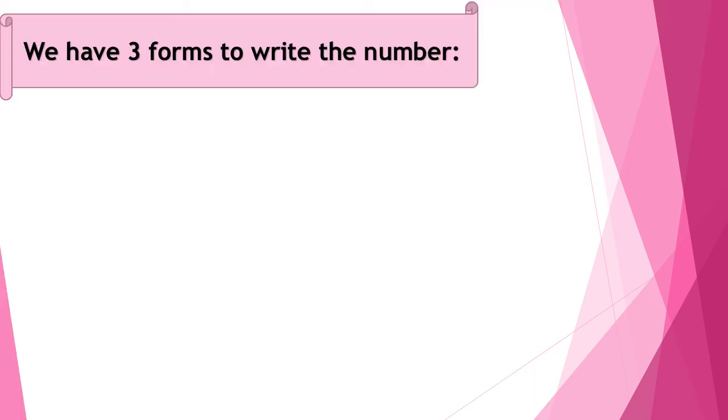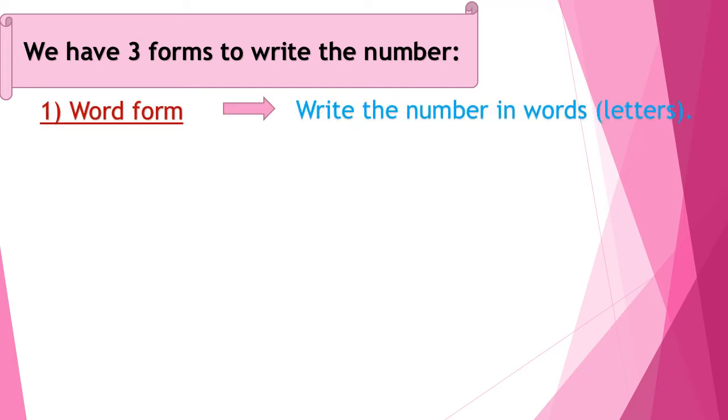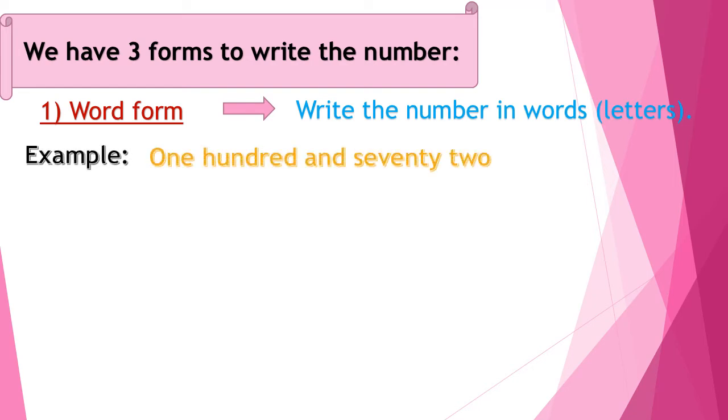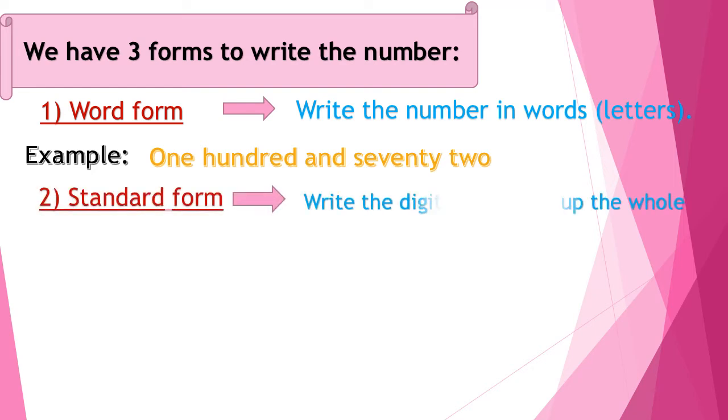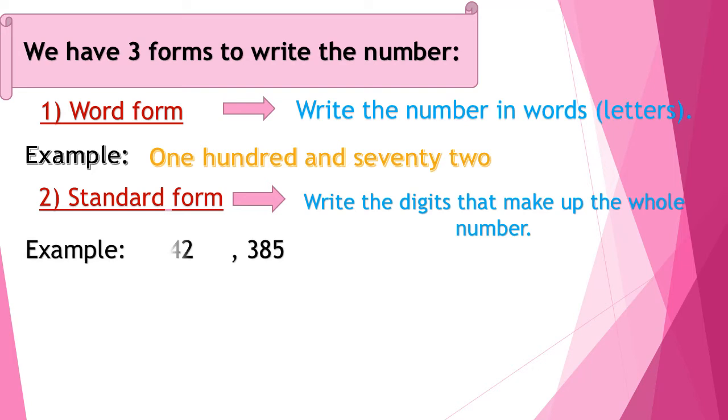We have 3 forms to write the number. Number 1, word form. Write the number in words or in letters. Example, 172. Number 2, standard form. Write the digits that make up the whole number. Example, 542,